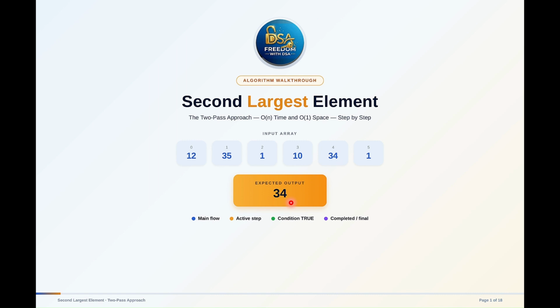So this is our make it work approach. What does it mean? We sorted the array and we successfully found the second largest element. But now let's ask an important question: do we really need to sort the entire array just to find the second largest element, as we did in